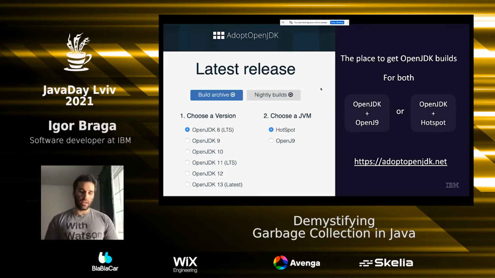I would highly encourage you to try out all of them and different GC policies to see which one best fits your application, because you'll see that there's no perfect GC that fits every application. With the knowledge that I'm going to be sharing with you today, you're going to be more capable of choosing the best garbage collection policy and tuning it for your